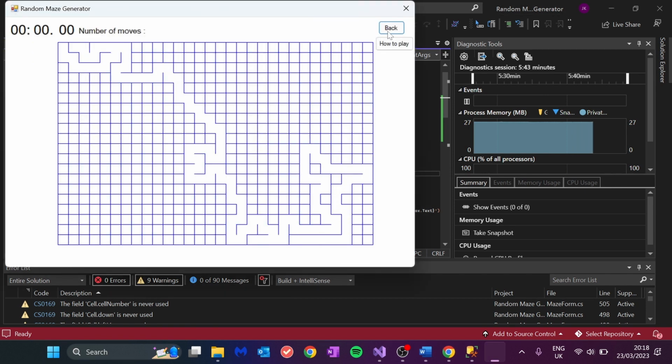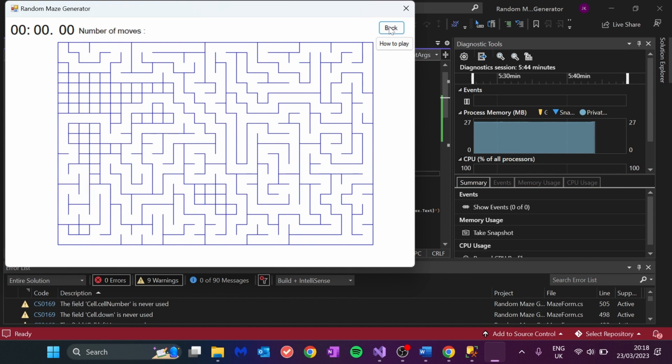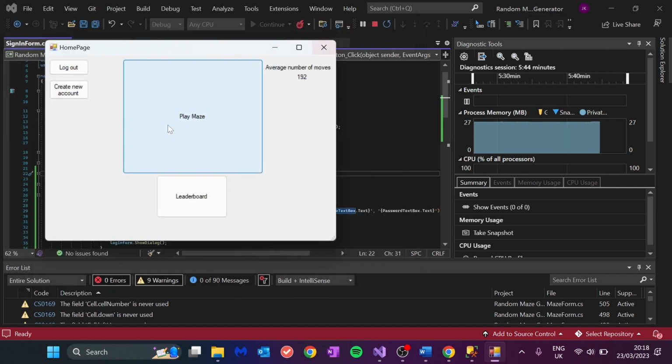We'll try that. I'm clicking the back button now, but nothing's happening, which is good. And now as the maze finished generation, yep, it works. Okay,